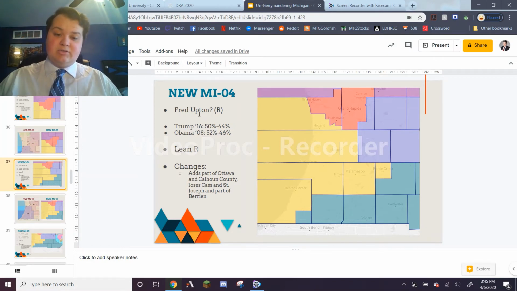This is a district that voted for Donald Trump 50% to 44%, so not by a very wide margin, but that's actually kind of similar to the current 6th district. Also, I will add too, Bill Huizenga does actually live in this portion of Ottawa County. If he wanted to make the jump and represent a very different district than he now lives in, he could do that. We'd see what would happen, but this is all hypothetical anyway. This is a district that would probably lean Republican.